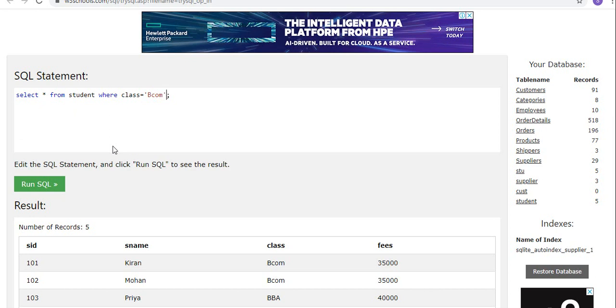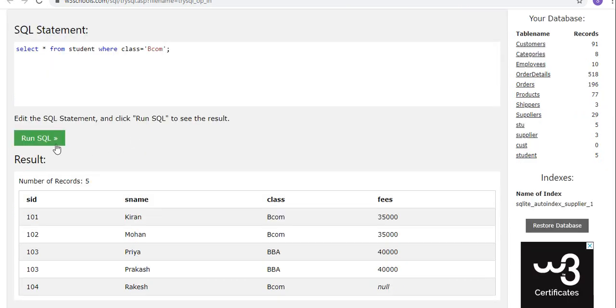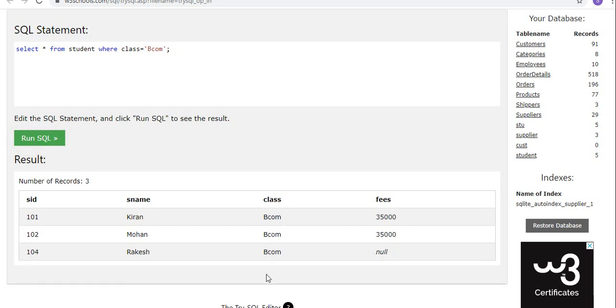I want to see only BCom students. So I have written select star from student where class equal to BCom. Okay. Click on run SQL. You can see only the students who are from BCom.